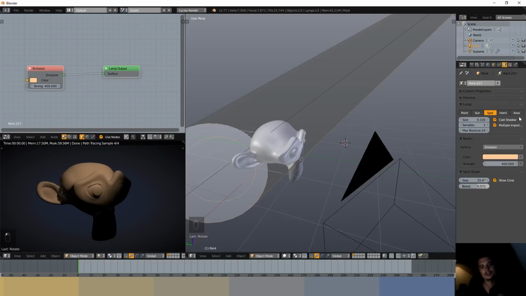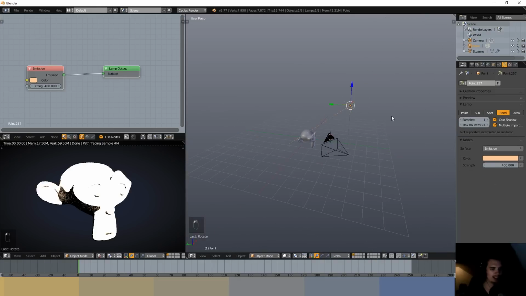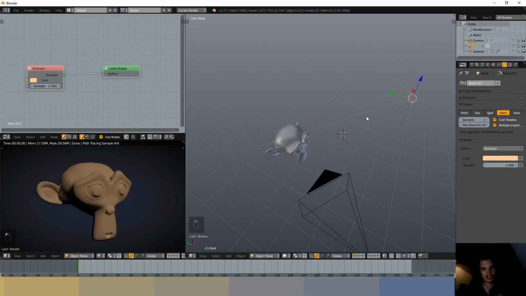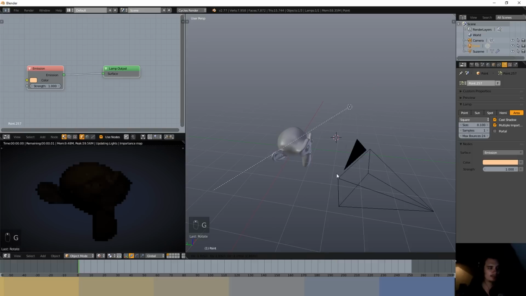You will see here that there are 2 other lights, which are hemi and area. The hemi actually does the same thing as a sunlight. I checked the documentation, and I don't know what's different about it. I think it did something different in Blender internal, and it's still there, but in Cycles it just behaves as a sunlight. And the area light behaves like a spotlight,